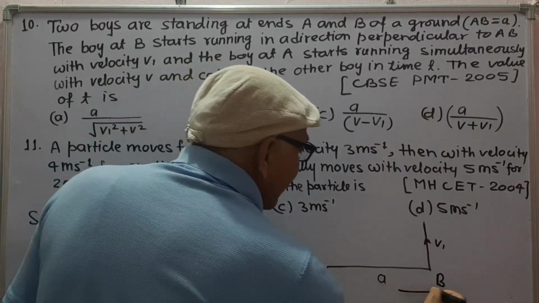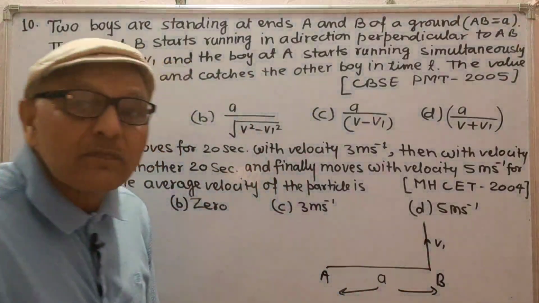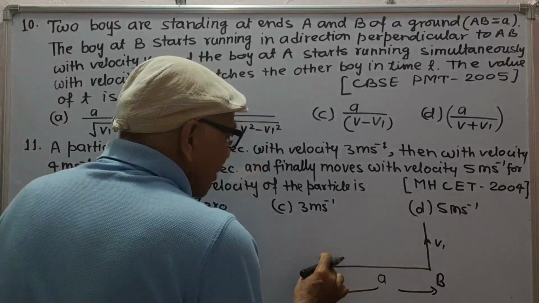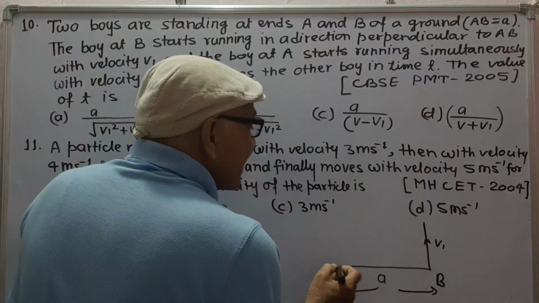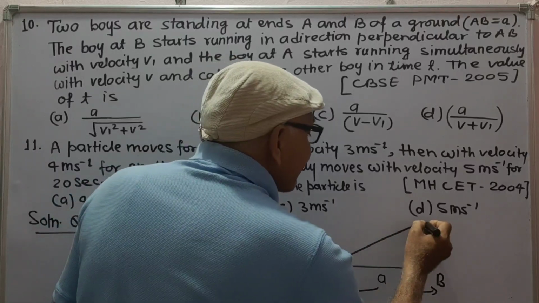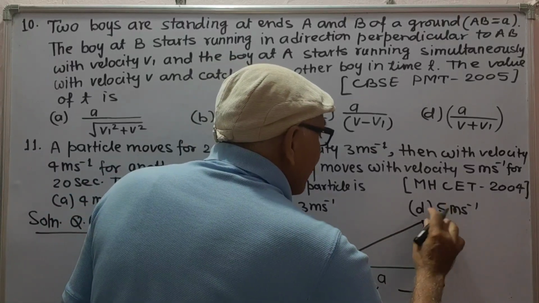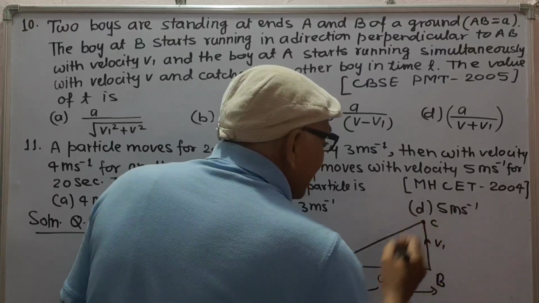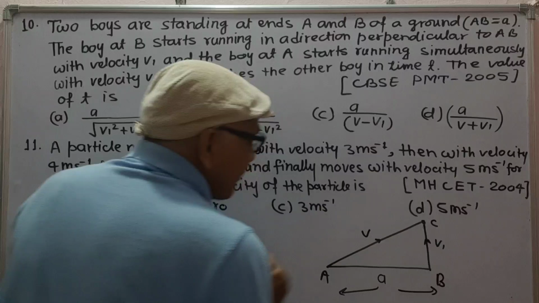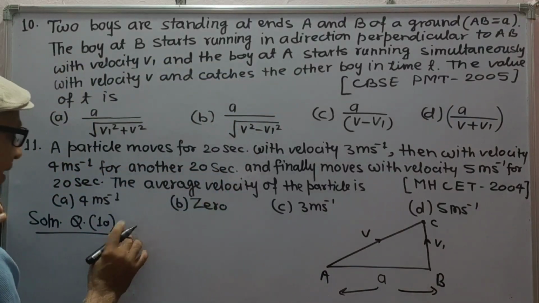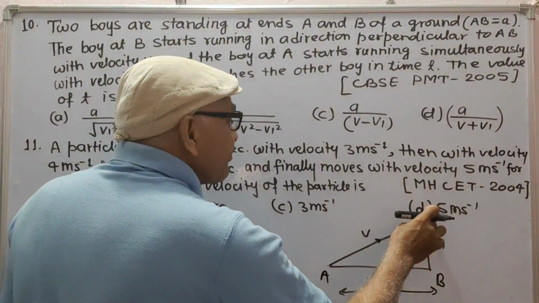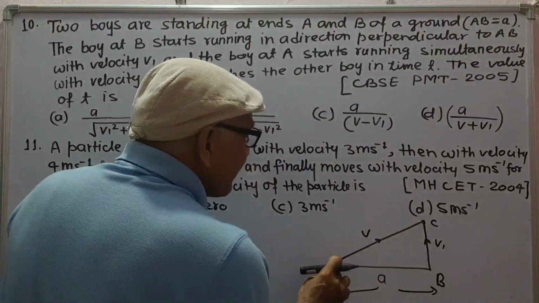AB is equal to a, and at the same instant boy at A starts running to catch the second boy and catches the second boy, suppose at point C, with velocity v. Because time taken by two boys to reach point C is same, therefore